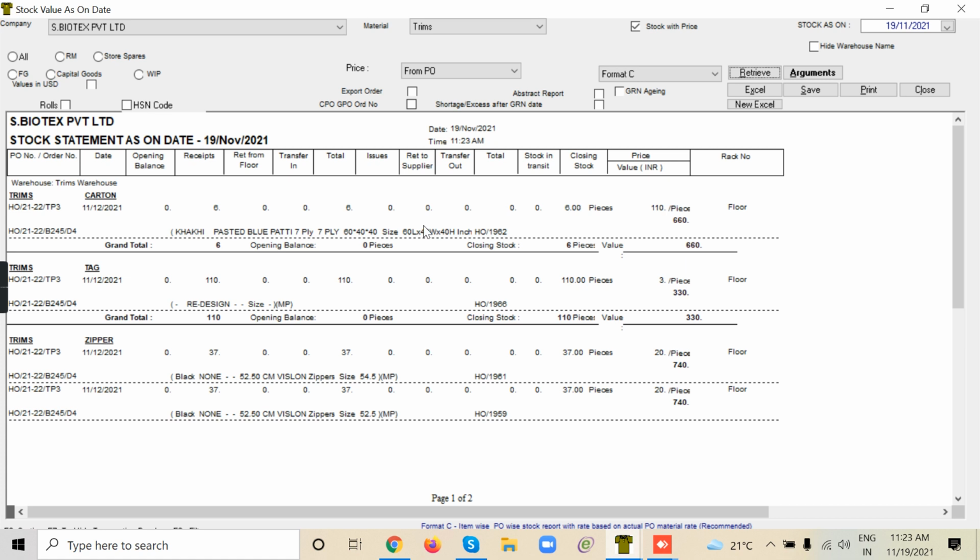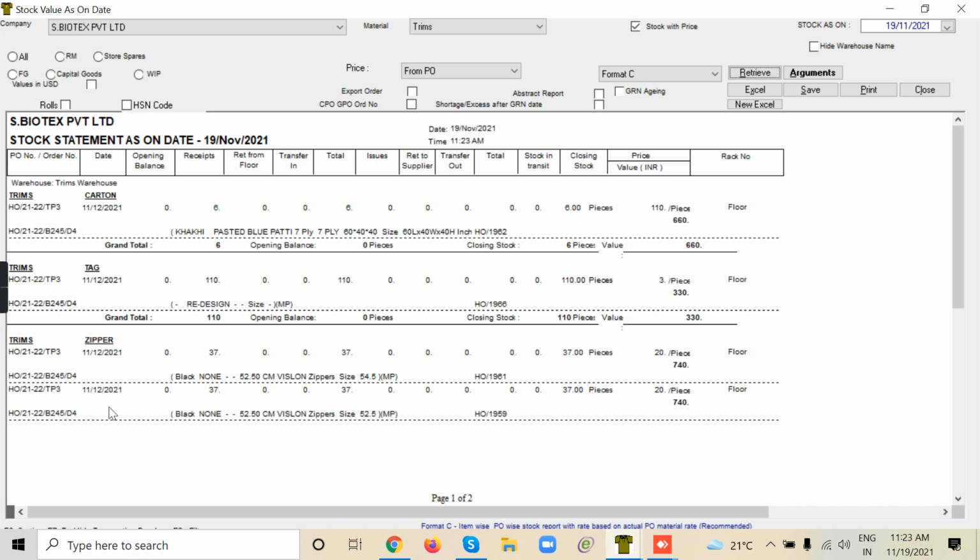So these are the materials I have received. I received six items, six pieces, and my closing stock is also 6 as on this date. But 6 is related to this purchase order TP3. It is linked to this order number D4. So all stock will be stored PO base only.